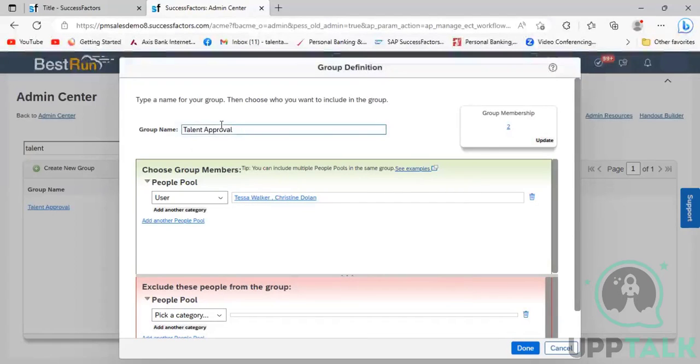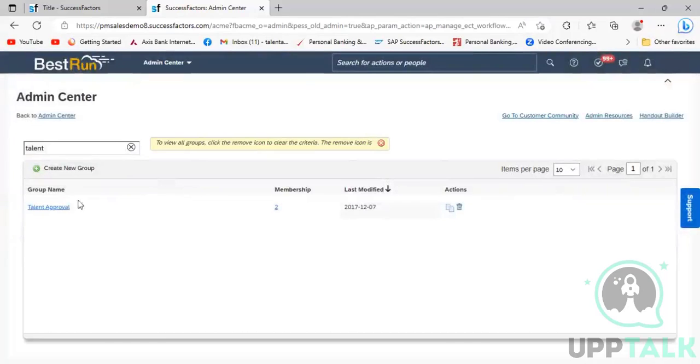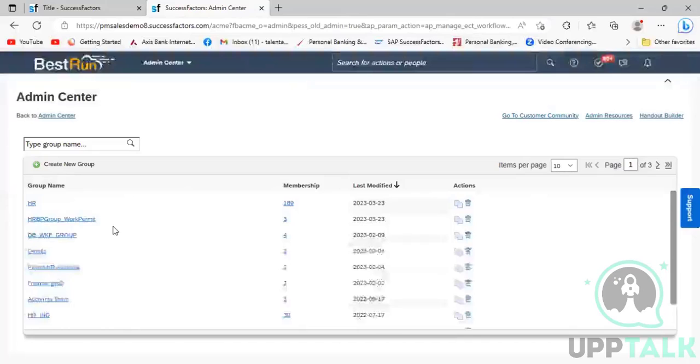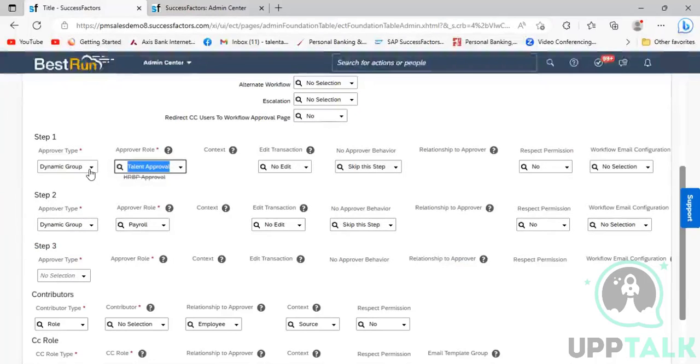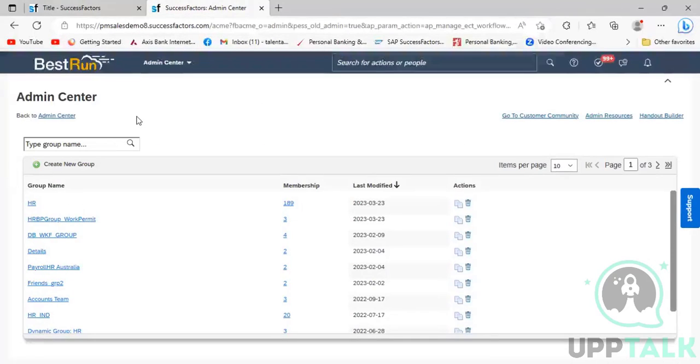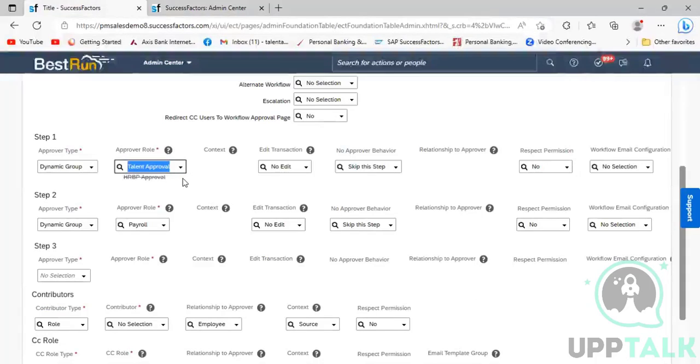So whatever dynamic groups there are, they are defined in manage workflow group. From manage workflow group, we can see all the dynamic groups, and in each dynamic group there will be some members. When we select the approver type as a dynamic group in the workflow, and select the relevant dynamic group from the list, it comes from the manage workflow group, which is already configured. This is the place where we configure the number of members in that particular group. So when we select the approver role as a dynamic group, and this group may have two members,